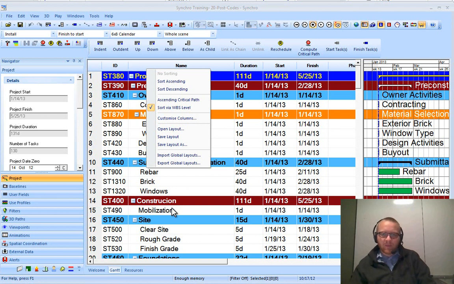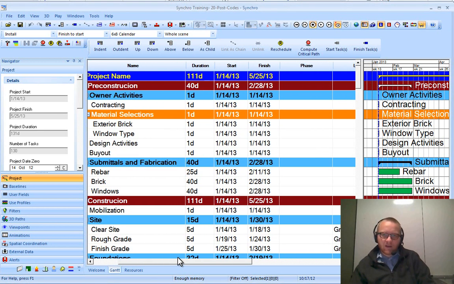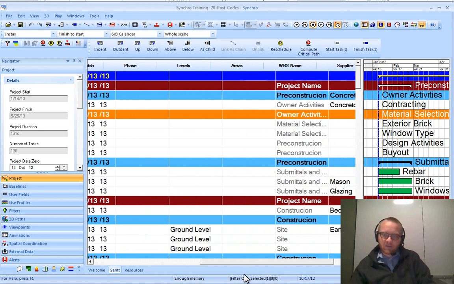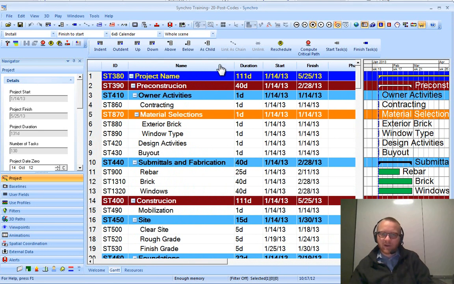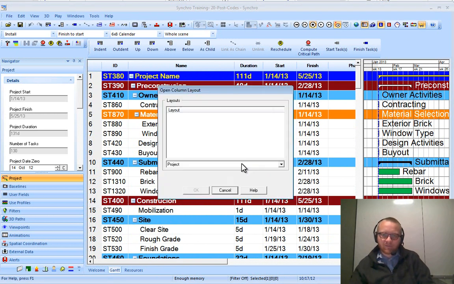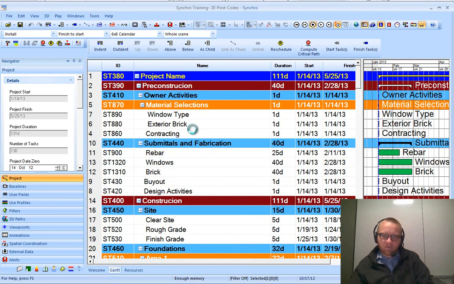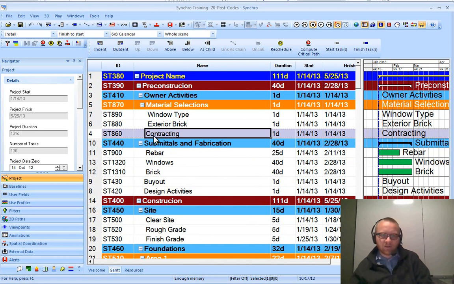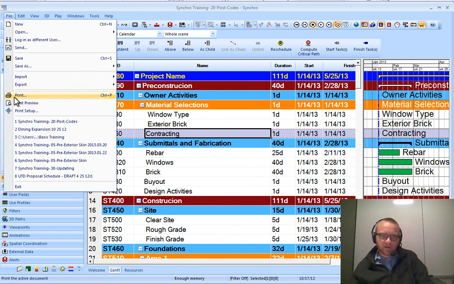So, as I said, what's on the screen is what's going to be on the page. And right now I have additional columns shown that may not be necessary to print out. So if you have your layout set up, we can open a layout. We don't need to save our current layout. And here would be our standard layout with duration, start, and finish. So I go up to File, Print,